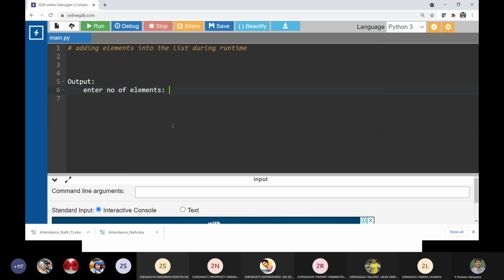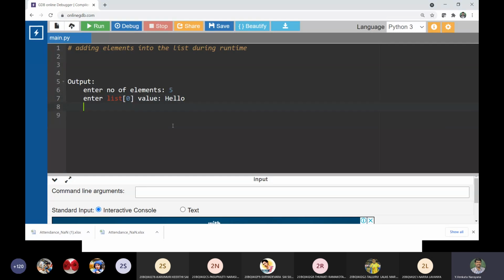Let it be 5, so five elements have to be inserted into the list. So it has to be like this: enter list of 0 value. Let it be some hello.